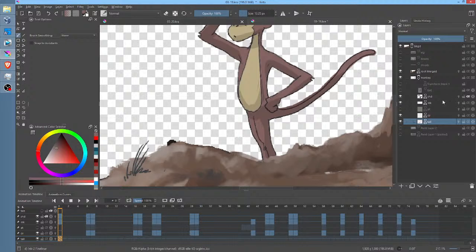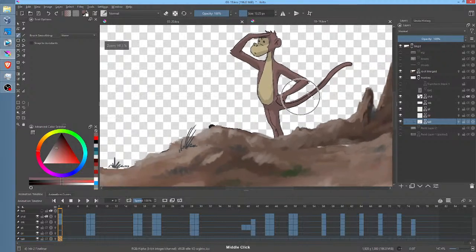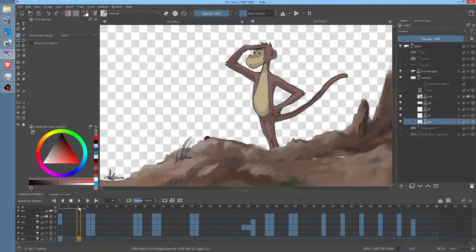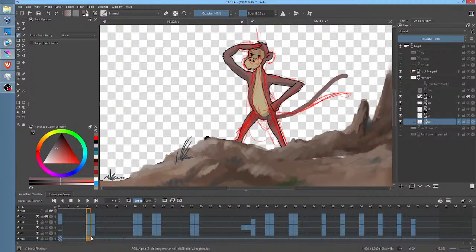Okay, do I have my pencil test? I do have my pencil test, so I probably should put that in there because I suspect that there's going to be some indication, yes, of what the tail's supposed to be doing. So that makes my life easier too. So I'm going to insert a key here on the tail layer, and I'm just going to go like this. Okay, so now all the magic is going to be done this way.